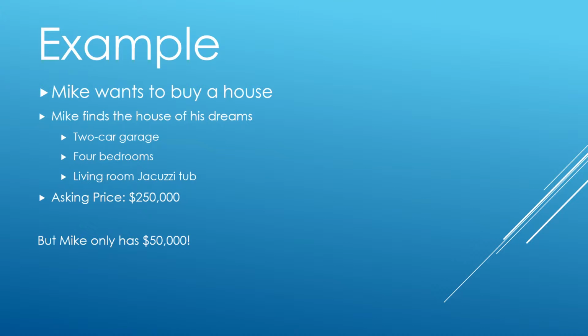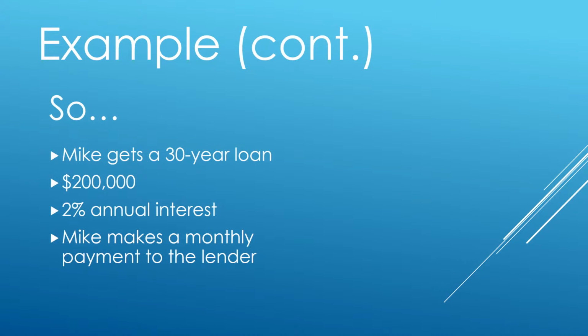However, Mike only has $50,000 in his pocket, and the house is listed at $250,000, and the owners will not budge. Mike needs to get a loan. Mike goes to the bank, and because he has good credit and a good job, the bank gives Mike a